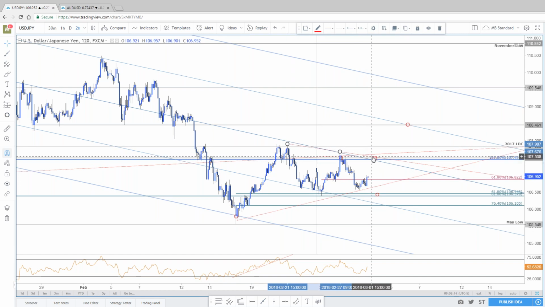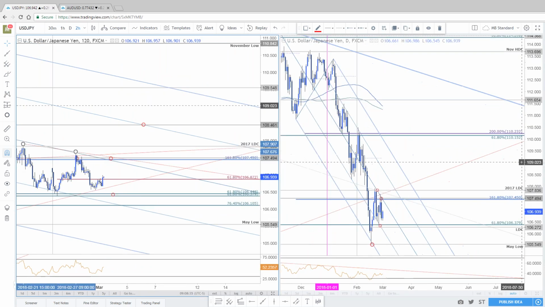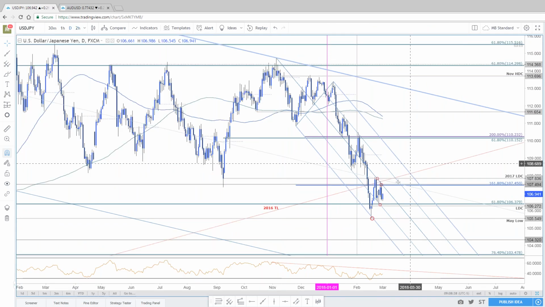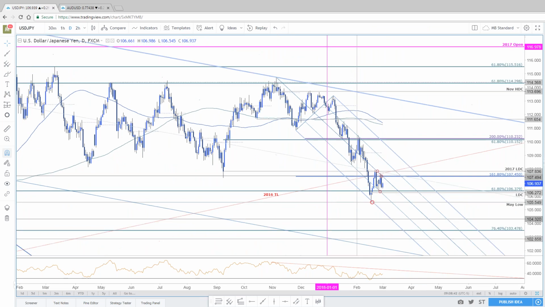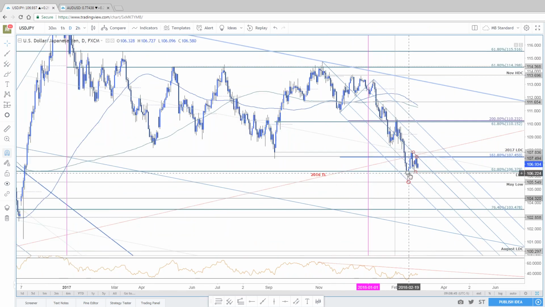Love it. The lower parallel or the consolidation support, even if we break that, keep an eye on 106.40. Keep an eye on 106.40. That's the level we need to break. So all the focus that matters for dollar yen heading into the close of the week is either a 107.50 break or a 106.40 break to the downside. Obviously, from sort of an ideal scenario, these consolidation patterns typically are continuation. I've seen many that have been terminal for the trend, but most of the time a consolidation pattern is a continuation.